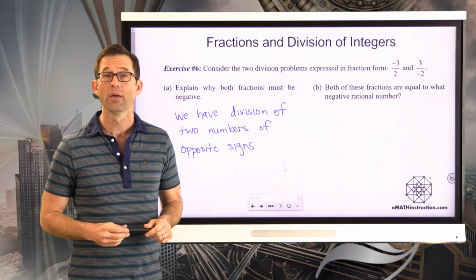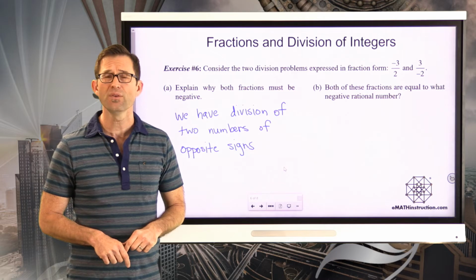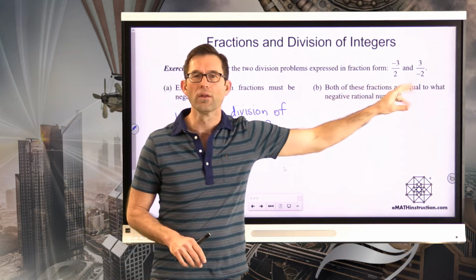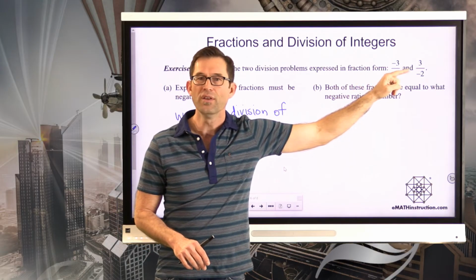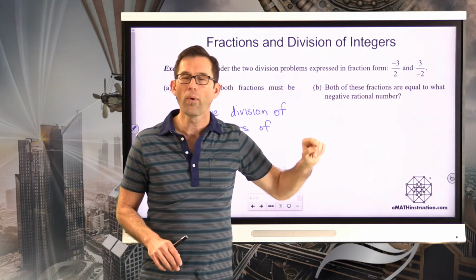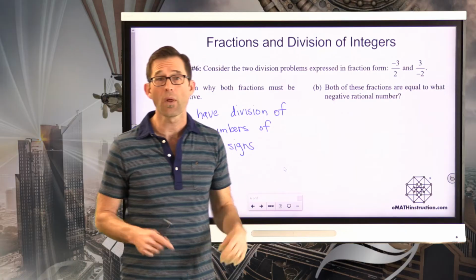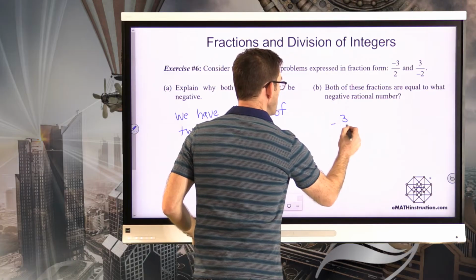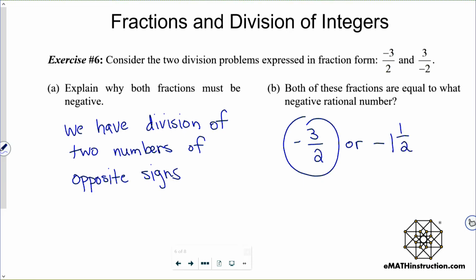And letter B says, both of these fractions are equal to what negative rational number? You see, I don't really want to leave these things as fractions. This is a horrible way to look at a fraction because what does this thing even mean? This one, at least, I feel kind of comfortable with. This is just completely warped and twisted. But the whole point is, just like all other division problems involving negatives and positives, when I look at these two, I can say, well, I have a negative and a positive being divided, so the answer is negative. And specifically, the answer is simply negative 3/2, or negative 1 1/2, or negative 1.5,